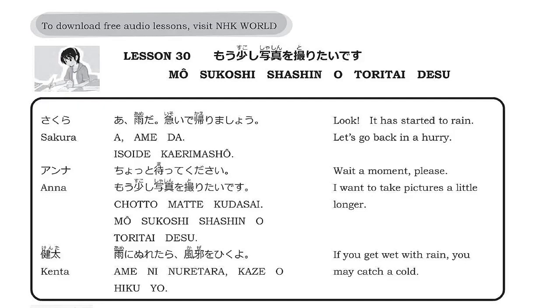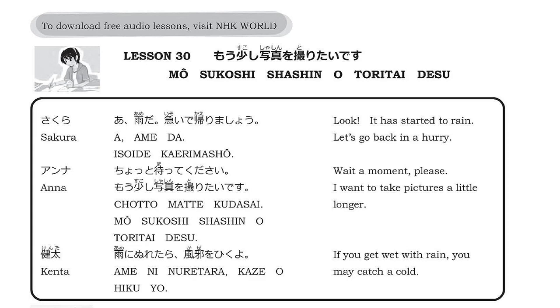もう少し is a little longer. 少し means a little. It is more polite than saying ちょっと, which means the same. 写真 is pictures or photos. を is a particle indicating the object of an action. 撮りたい means to want to take pictures. Here you have changed the ます part of 撮ります, to take pictures, to たい. If you use たい, you can express what you want to do. です is a polite expression at the end of a sentence.